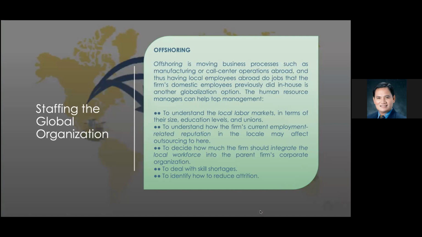The human resource managers can help top management to understand the local labor markets in terms of their size, education levels, and unions. It also helps to understand how the firm's current employment-related reputation in the locale may affect outsourcing there, to decide how much the firm should integrate the local workforce into the parent firm's corporate organization,